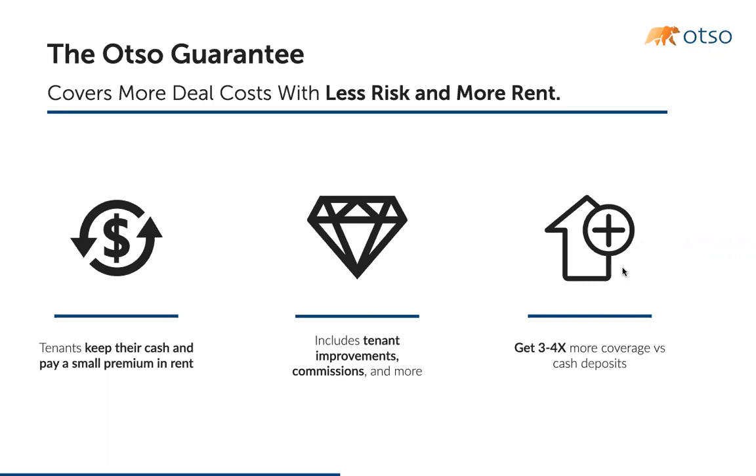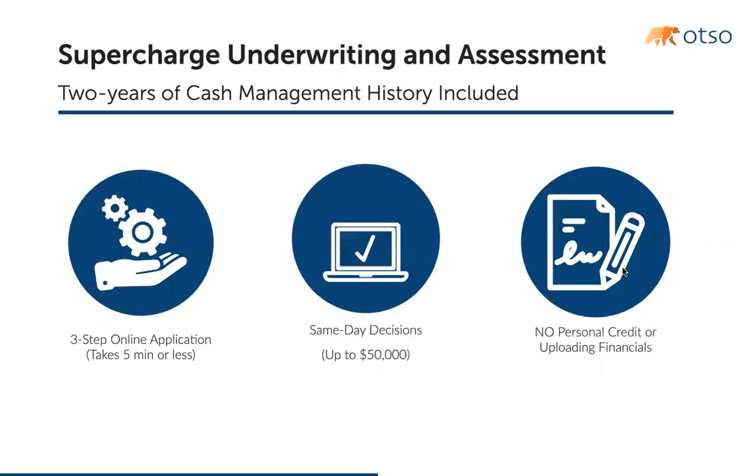But that's really the primary benefit of the program for landlords. Number one, we're going to bolt on some application technology here that I'll dive into that really helps them make decisions faster with better information. And the byproduct of that is the tenant gets to keep their money. It's an option. And the landlord usually ends up with significantly more coverage. So let's talk about why that underwriting process is so important. We covered this a little bit earlier, but that information varies widely. It's generally somewhat unreliable. And if they're smart, if you look at a tax return for a small to mid-sized business, they're driving every bit of income out. So it's very hard to get a sense of, basically, a landlord has one question: can this tenant support rent?